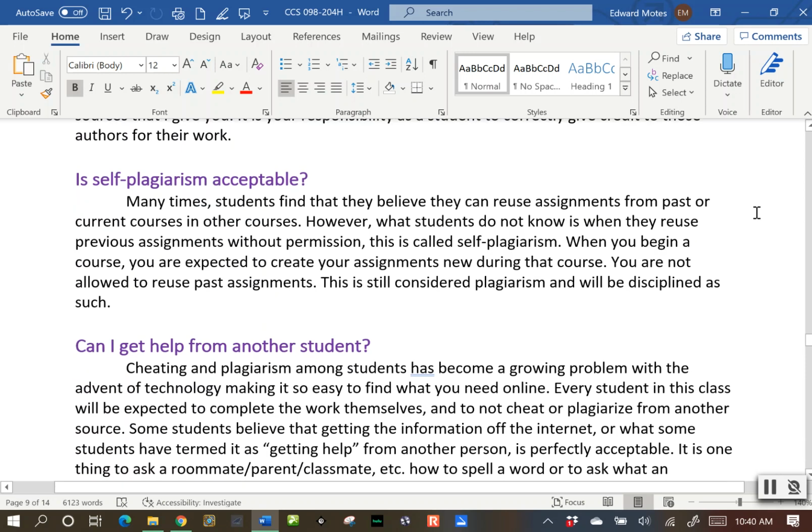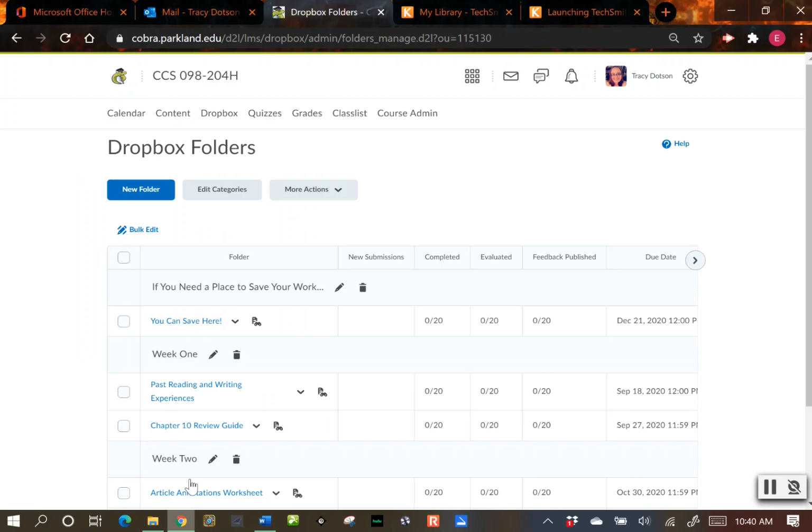That is plagiarism. We also have something called self-plagiarism, and this actually happened in one of my 101 classes, where I had a student who took a paper that they wrote for a previous class and submitted it in my class. When you turn anything in the Dropbox on Cobra, it is connected to Turnitin, and it will see if this assignment has already been turned in before.